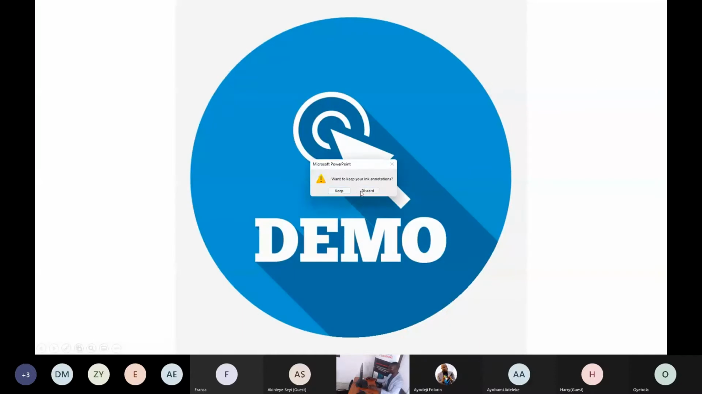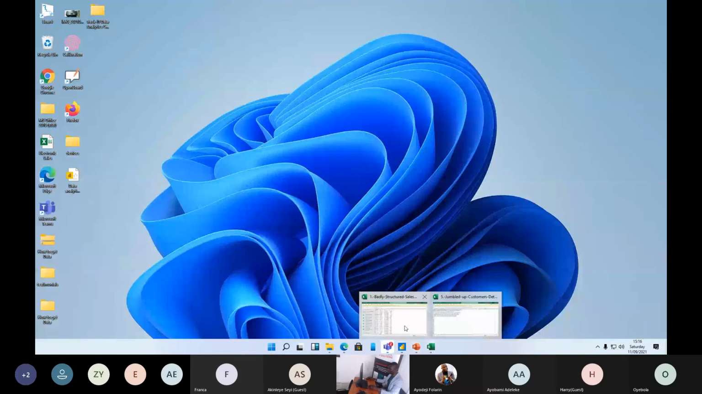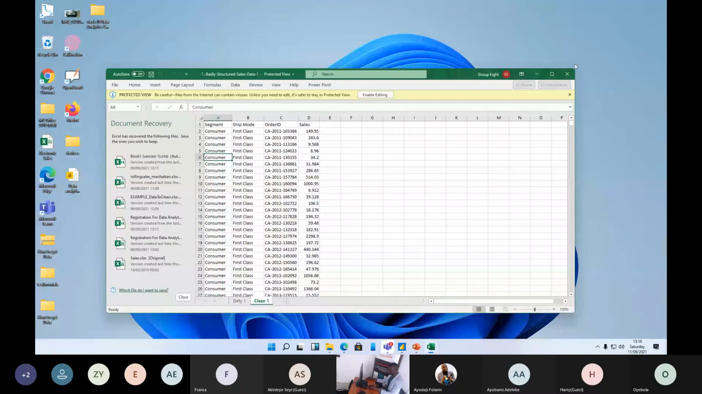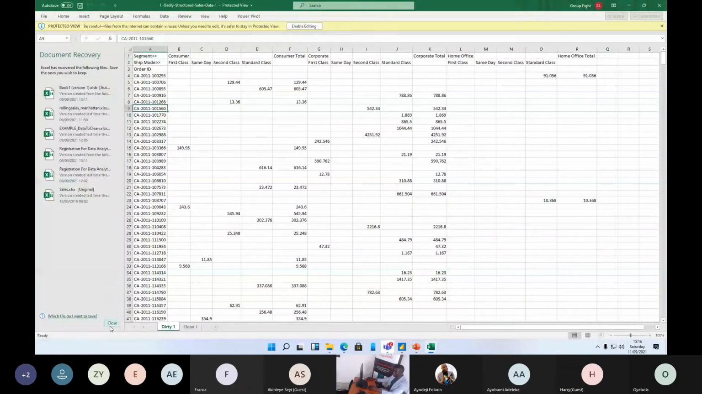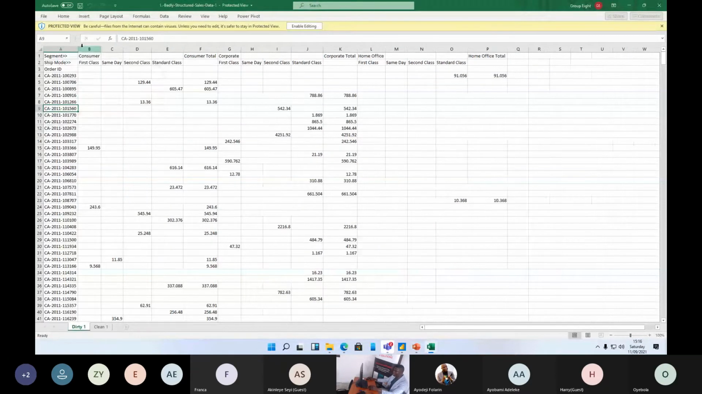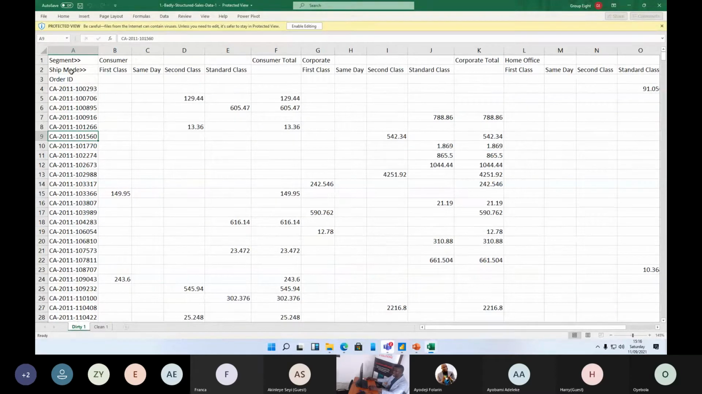All right, so let me open up some data sets. Okay, look at this data set. Now, this is an Excel data set. Let me zoom it in so that we can see it clearly. Here we have segment, customer total, corporate, just like that. Also we have ship mode, first class, same data. And looking at this data, it is